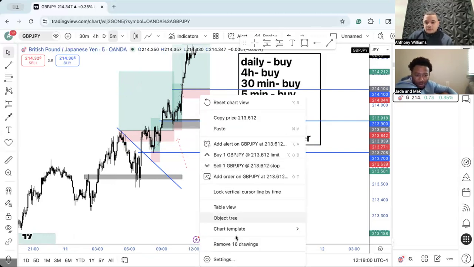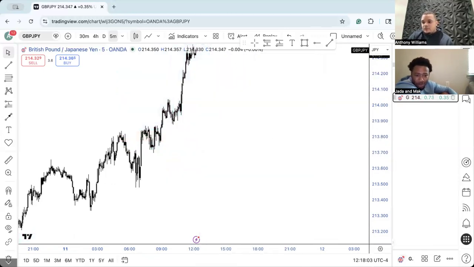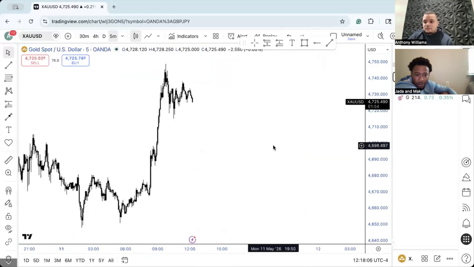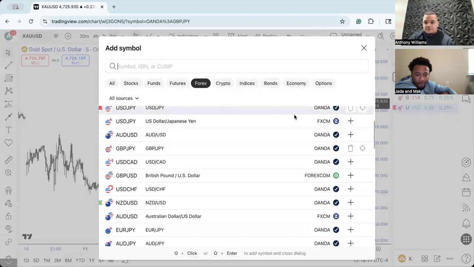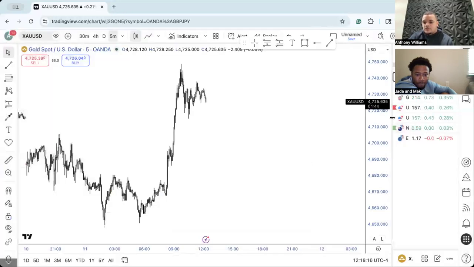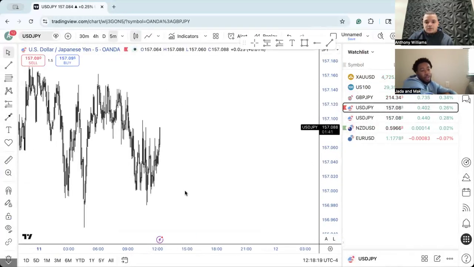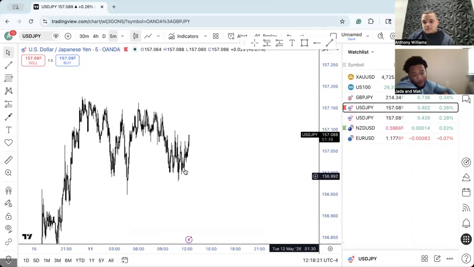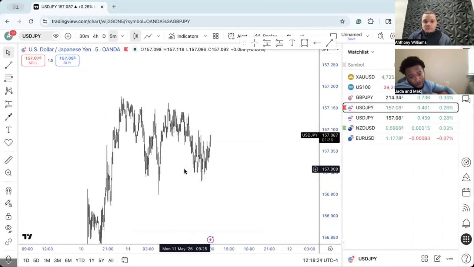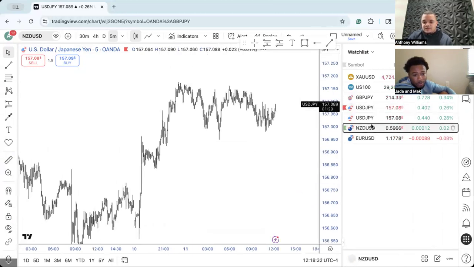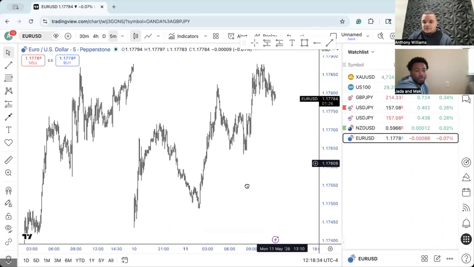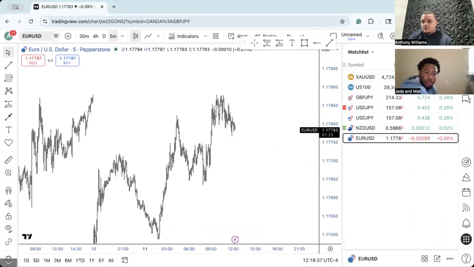All right, let me clear all this up. I don't know what is selling right now. I would have to find something that's selling to give you. I'll just add a bunch of random stuff, just so you know it doesn't matter what you choose. You could use your method to apply it to any trade, right? Anything. So this is just a random US dollar versus Japanese yen. I mean, this isn't even really sales. This is straight buy. So I'm trying to find a sale so I can give you a sale. But if everything's buying, really,